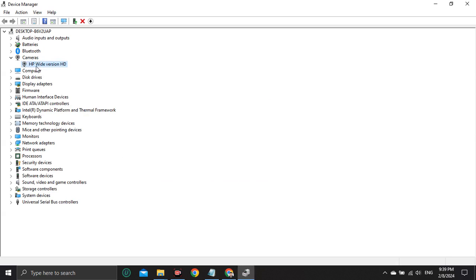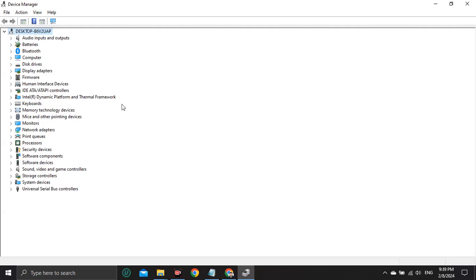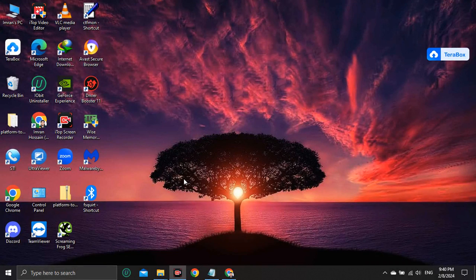If not, then just click on here and uninstall your device. Click on uninstall. Here the camera has vanished. Now all you have to do is go here to action, right, action click. Now choose scan for hardware changes, and then your camera should be back here again. Okay, now check back. It may work for you, but still if it's not working for you, then what to do? Close it and